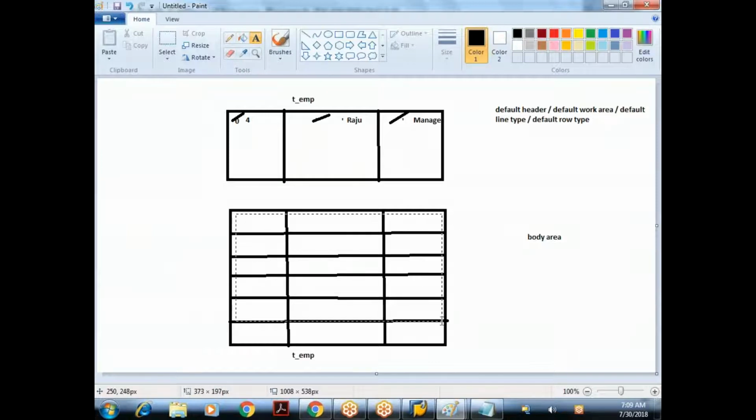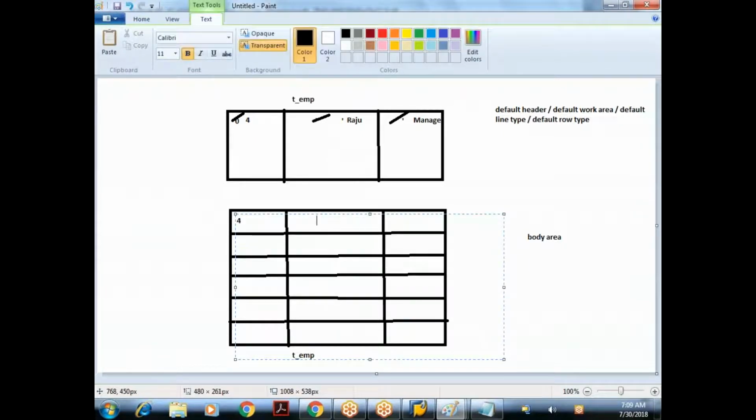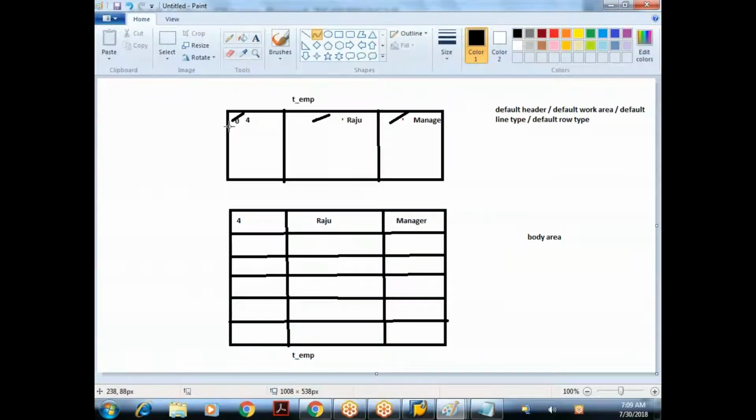As of now, there is no data in the internal table. So this is nothing but beginning and end. So the data is copied. So this would be 4, Raju, and Manager. So what you have to understand is that the append statement is copying the data from header to the end of the internal table.